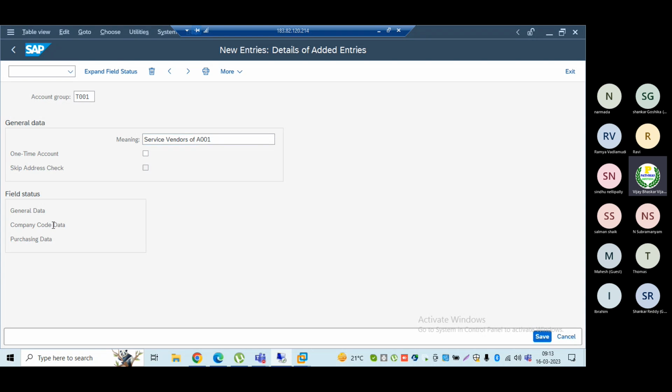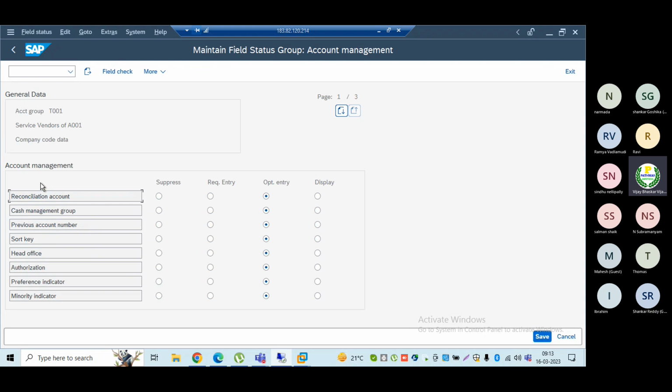Come to the company code data, then account management, the reconciliation account: keep it as mandatory. For cash management, just select display. Sometimes even if it is optional it will ask, but cash management is relevant for treasury, not for us. Remember, then save it.